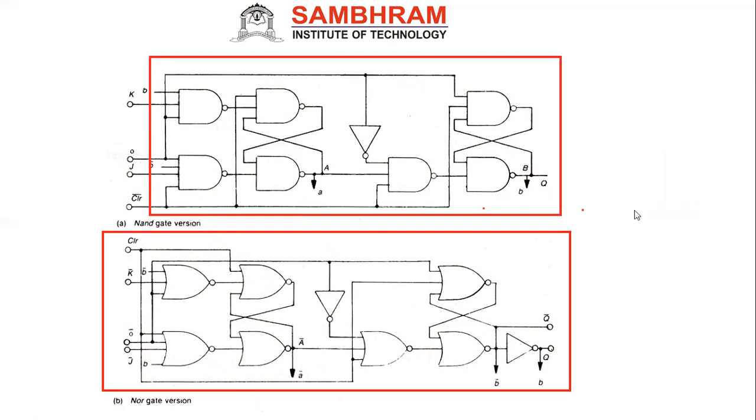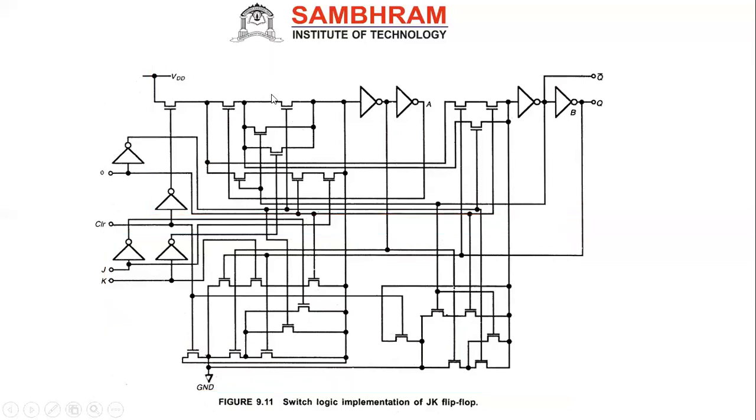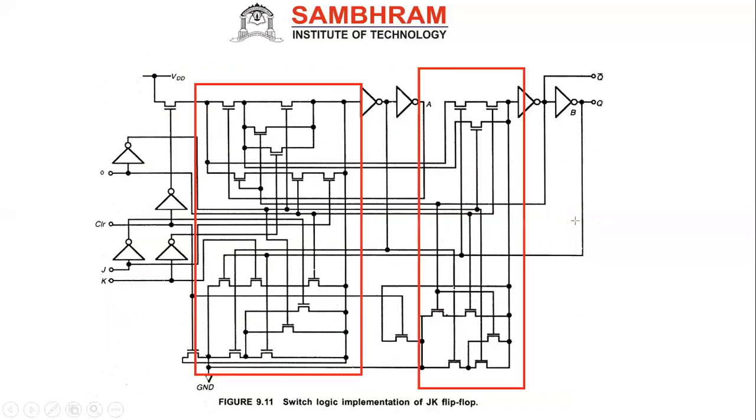Next, this is your switch logic implementation. Switch logic implementation based on the JK flip-flop replaces the logic gates with switches, like NMOS switches. We can see here that we completely used NMOS switches. Here also we use them completely. As you know the diagram, wherever required, I can replace them with switches. The inverters are kept the same as inverters. So from the previous diagram, it is done over here. That is the JK flip-flop switch logic implementation.